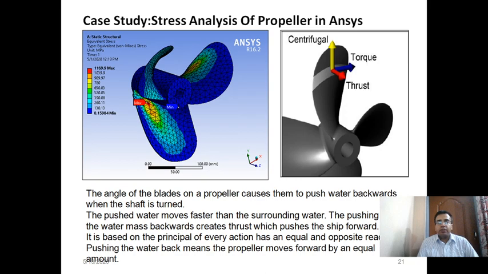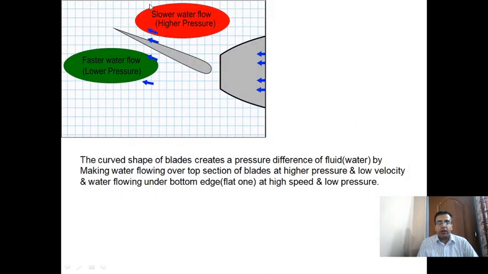Now why is this pressure difference produced? Well, the answer lies in the geometry of the blades itself. Here in this diagram we can see that on the upper or curved surface of the blade a region of higher pressure or low velocity builds up, and at the bottom or flat surface a region of lower pressure and high velocity builds up. So this pressure difference is created due to the geometry of the